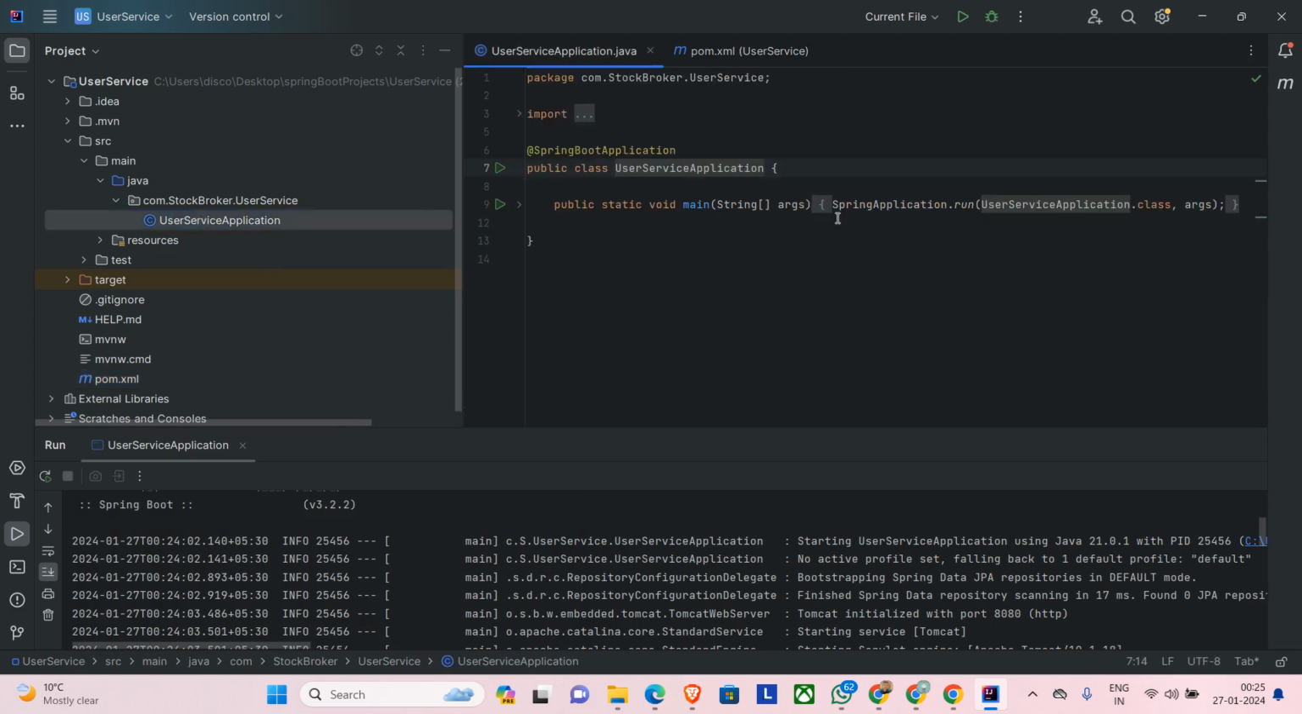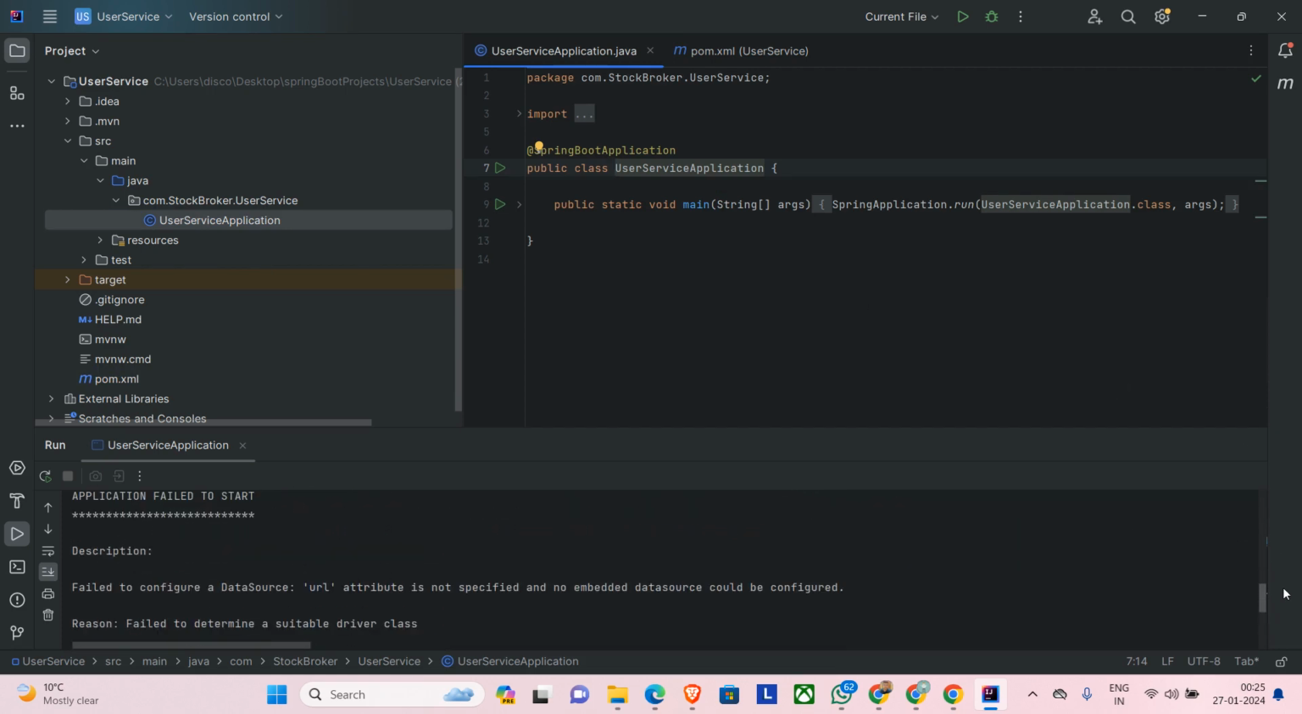And this is your actual Spring Boot application. So we'll write our Spring Boot application and we just have to run this file and our Spring Boot application will be run. Okay. Now let's